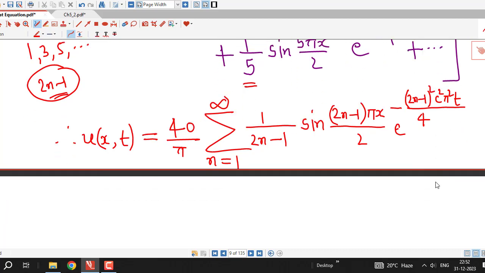So this is the solution of given heat equation satisfying given boundary and initial condition,